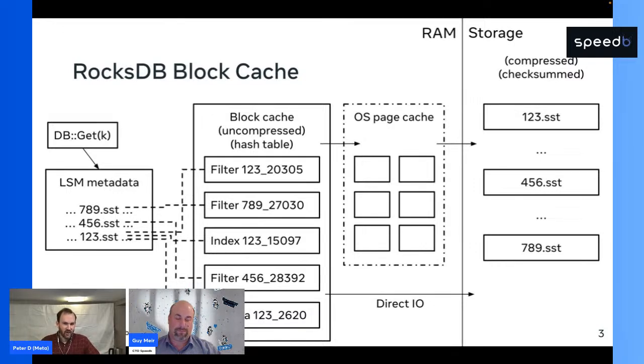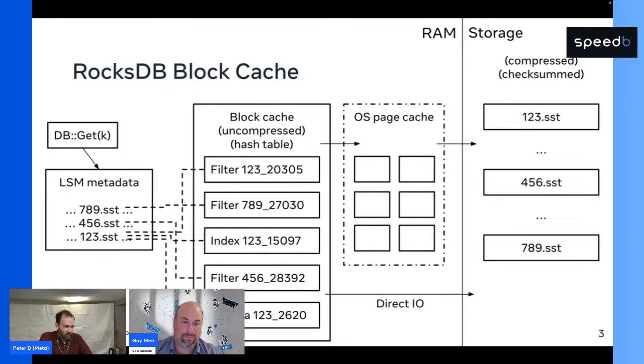If the filter check says that key might be in this file, then it proceeds with looking in the index block to figure out which data block it needs. Or if the filter says no, that key is definitely not in this file, then it can just go on to the next file. And when you're using this option, which is a pretty standard option to use for large scale databases, at least at Meta,